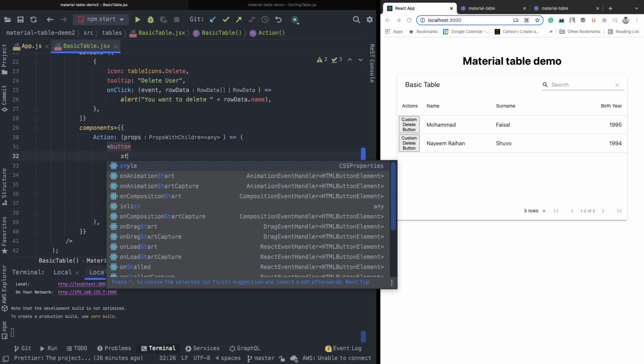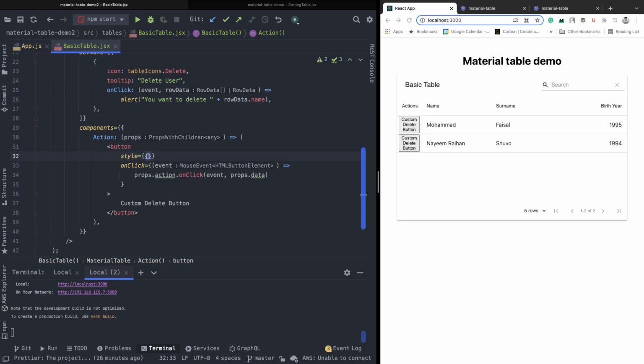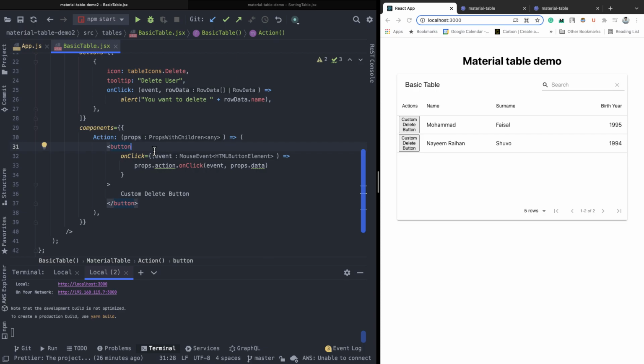For example, we may want to add some styling to it, something like that. Or maybe we want a black border, right? Okay, so this is the ability. This is a very nice feature that we can modify the action buttons here, right? Next,